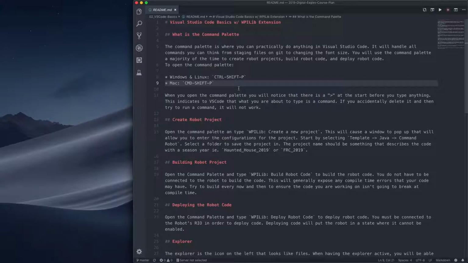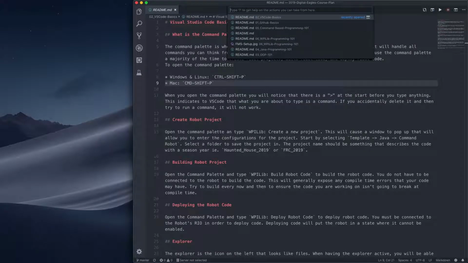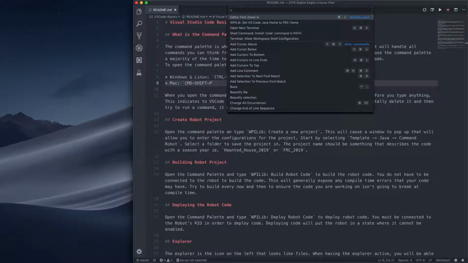So if we go ahead and just press it, you can see that we get this little greater than sign. What this greater sign means is basically that it's a command. So if we were to delete this, we now just get the files in our folder. But if we put the greater sign again, now it's basically Visual Studio Code's way of recognizing what a command